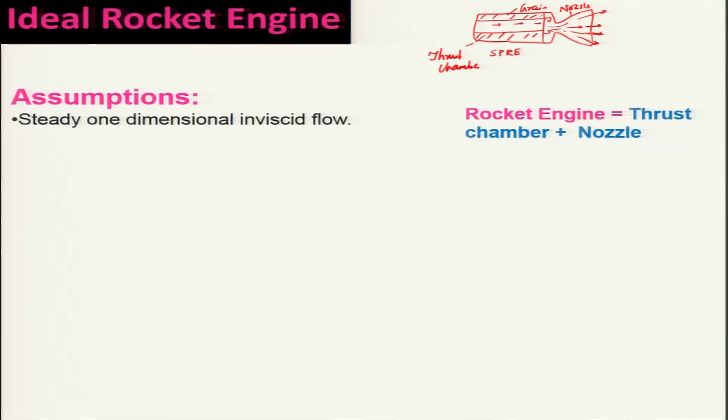So, what we are assuming is steady one-dimensional flow. If I take this as the x direction, and this as the r direction, and there will also be a theta direction here, the flow is really three-dimensional in nature. However, we are considering the flow to be not only steady, but one-dimensional and inviscid, and there will also be a boundary layer occurring here, and this is the boundary layer,